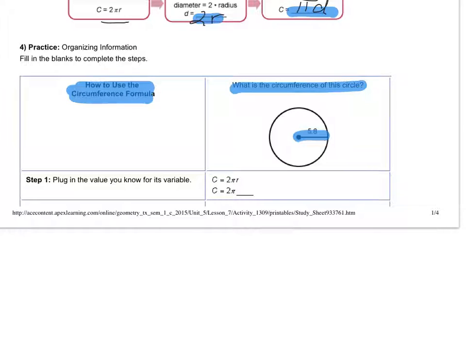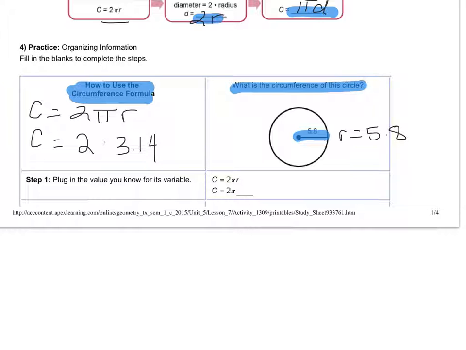This problem right here, I feel like the steps did way too much. So here's how I find the circumference of a circle. What is the circumference of the circle? We're given that the radius is 5.8. So again, if all you're given is the radius, and we know the circumference equation, the circumference is 2 times pi times the radius. For the examples here, we said that we would use 3.14 for pi. So this is going to be 2 times